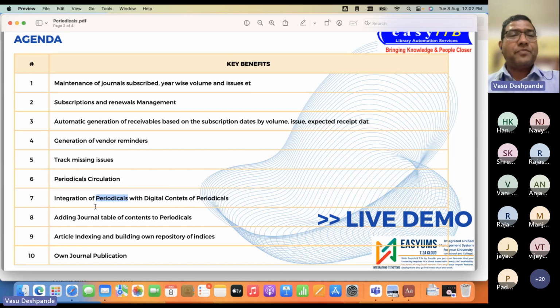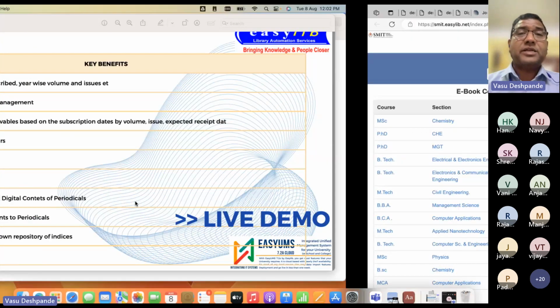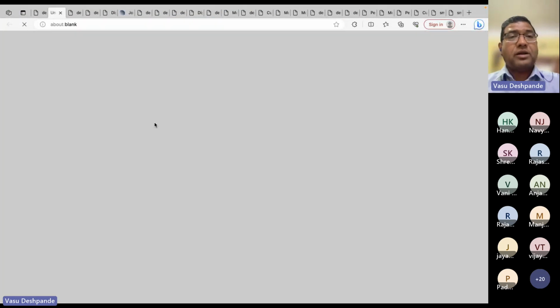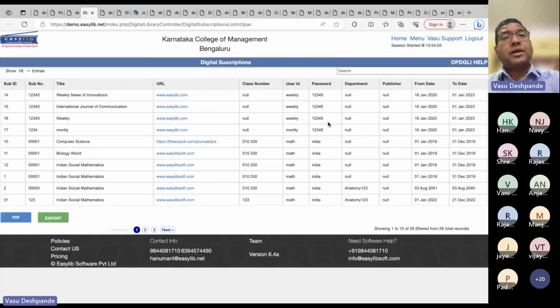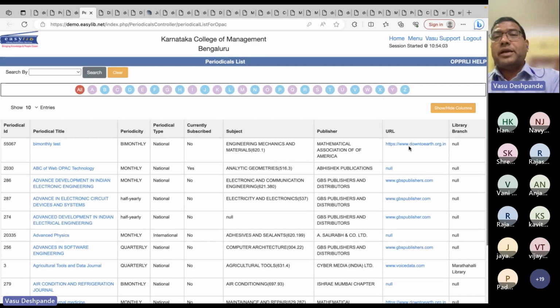So this one, the integration of adding journal table of contents, is what we saw. Periodicals with the digital contents, that we covered earlier here. For each of the periodicals that you have got, you want to create an alternate entry, an additional entry under the digital line, saying that this is the journal, this is the link here. And there is one more option which we can link also here: put that URL, and the students will be able to refer to the live URL of that journal and